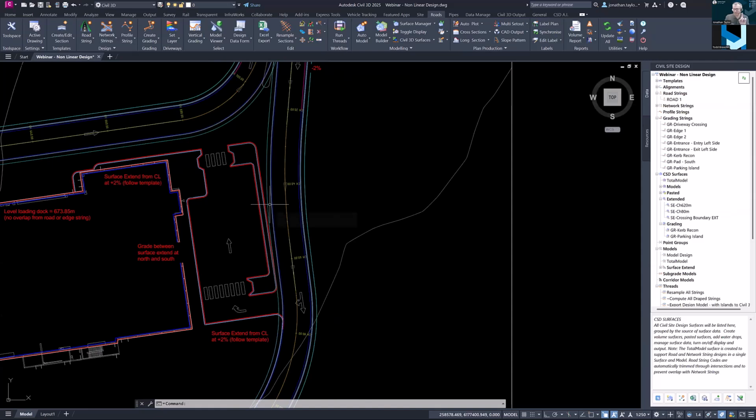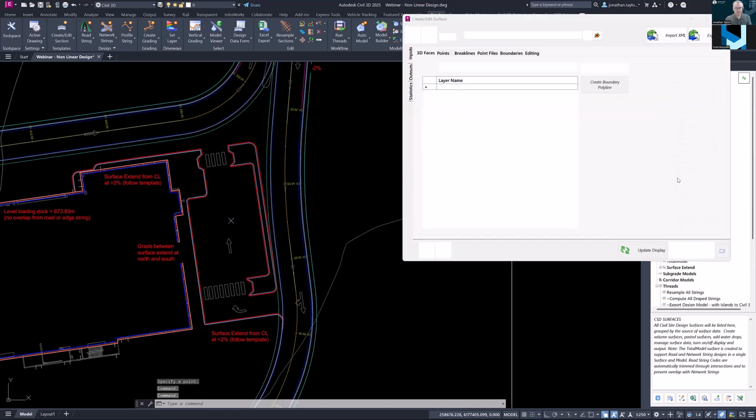Okay, and just one tiny thing I'm going to mention, I expect I'm stealing Todd's thunder here, but if you do want to create a low point in this particular area, or even if it's here for drainage, you can just simply create a point. I just type the command point there, give that an elevation, and in Surface Manager,